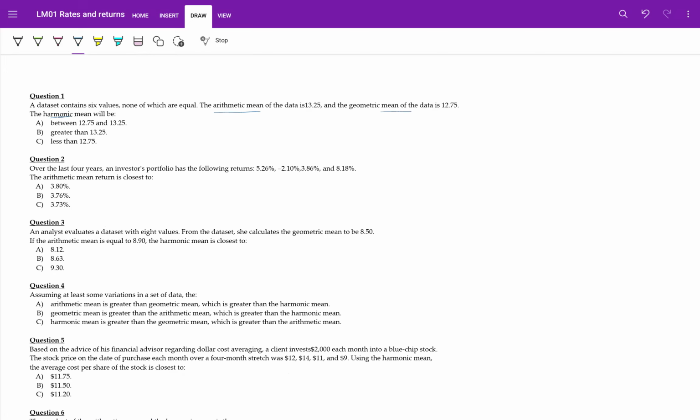So the data set contains six values, none of which are equal, and this is actually one characteristic of a good data set, that none of these are equal. So every value is different, and this will help us to evaluate a better result, to paint a better picture. So the arithmetic mean of a data set is 13.25, and the geometric mean of that same data set is